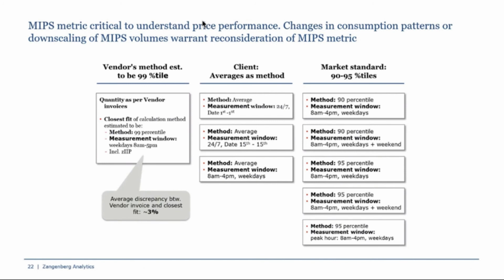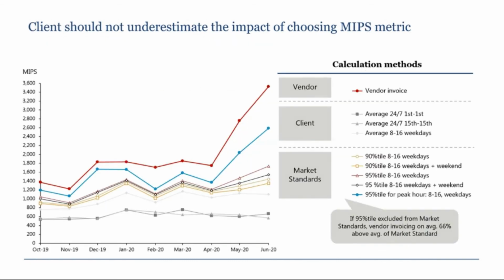But actually, quite a lot of the vendors have percentiles which may be more favorable, especially if you have batch loads. DXC is a pretty good example, because they basically don't charge for nighttime MIPS. For people with high batch volumes where the online part is coming down, that might be very attractive to look at. This is an example of a client where the change in metrics had a huge impact